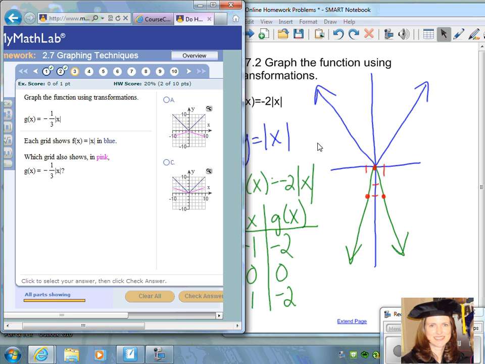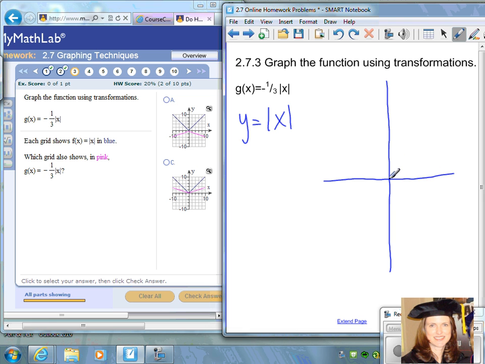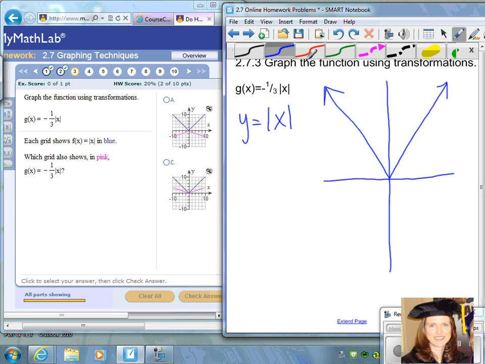Let's look at number 3. Graph the function using transformations. And our basic absolute value of x graph looks like the V graph. And you can go back to the previous section to look at how I sketched this. And then that negative in front,